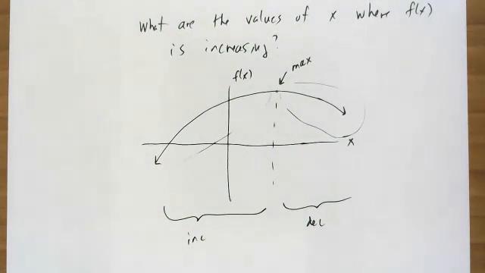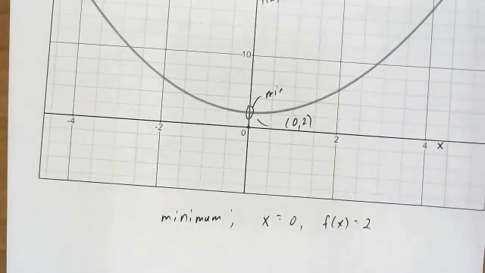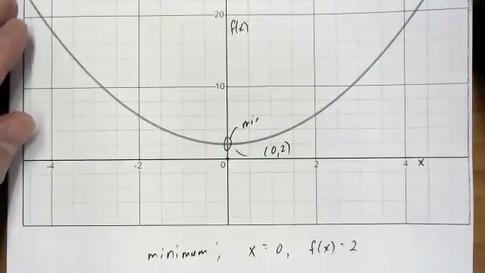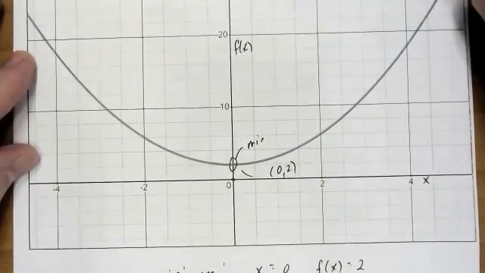Let me do one quick example, then I'll come back and explain another important concept. Actually, let me grab my old graph because I didn't print out the one I wanted, but I can use the old one. This is pretty simple. I want something like this, which looks similar to what I was just doing. So if you were given this function and you were asked to determine where the function is increasing, where it's decreasing,